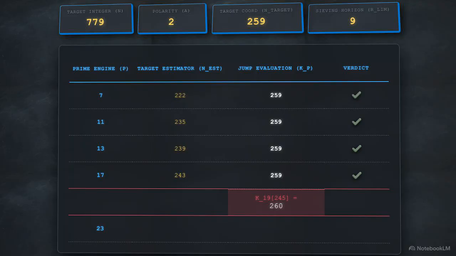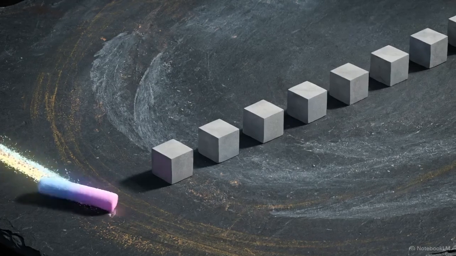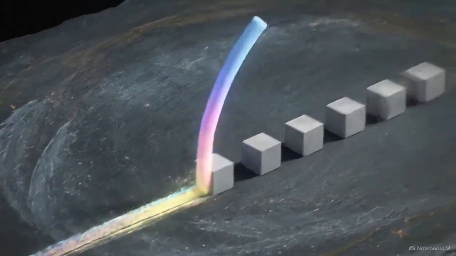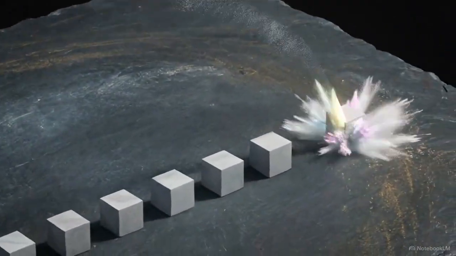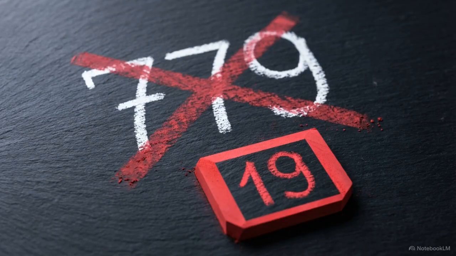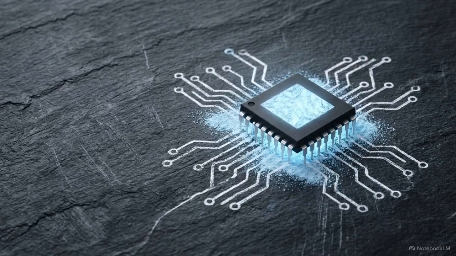prime engines. For engines 7, 11, 13, and 17, the K_p equation generates exactly index 259. The coordinate survives the initial sweeps. The trace then arrives at prime engine 19. At step 244, the jump equation lands on coordinate 258. On the very next iteration, step 245, it immediately outputs 260. Coordinate 259 has been cleanly bypassed. The space is confirmed as a topological void. This fracture triggers an instantaneous halt. The integer 779 is declared composite, and the factor 19 is identified, all without executing a single division operation against